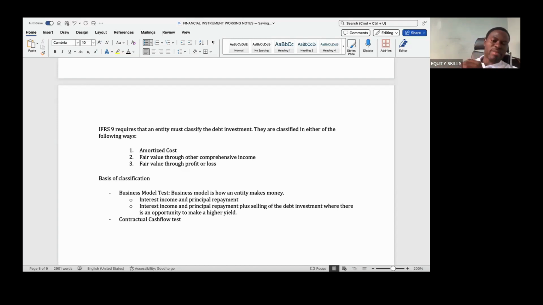Either you make money in the conventional way, collect interest income and principal repayment, or you collect interest income and principal repayment plus also selling. That is, you also have the intention of selling where you see an opportunity for a higher yield,